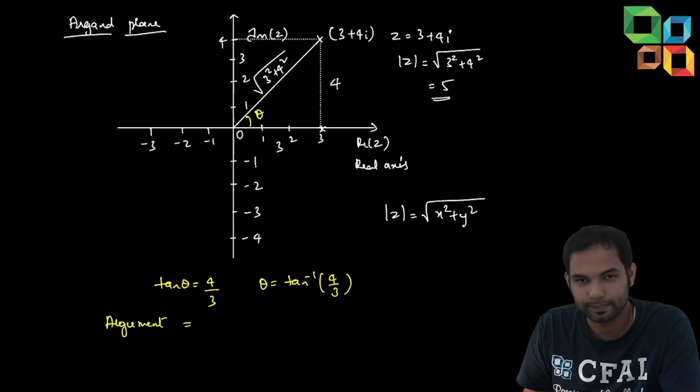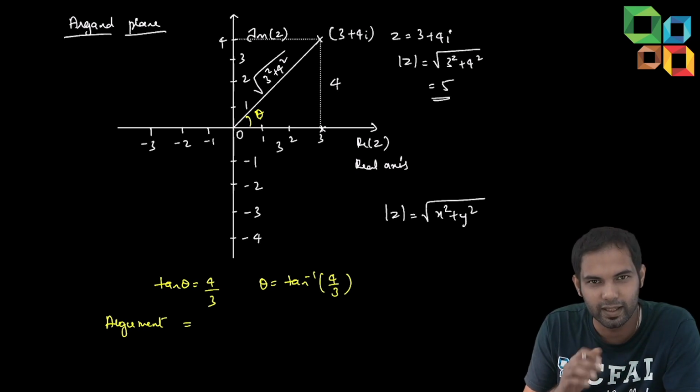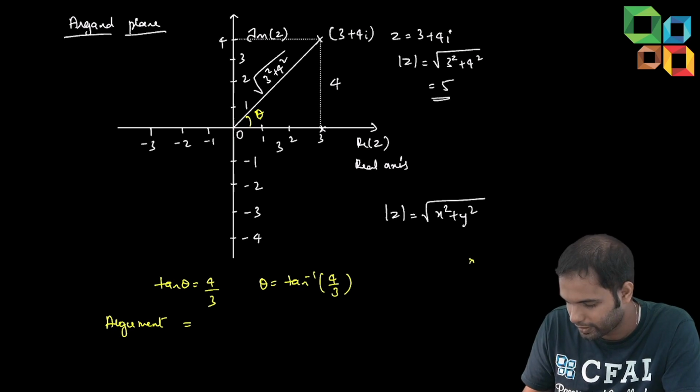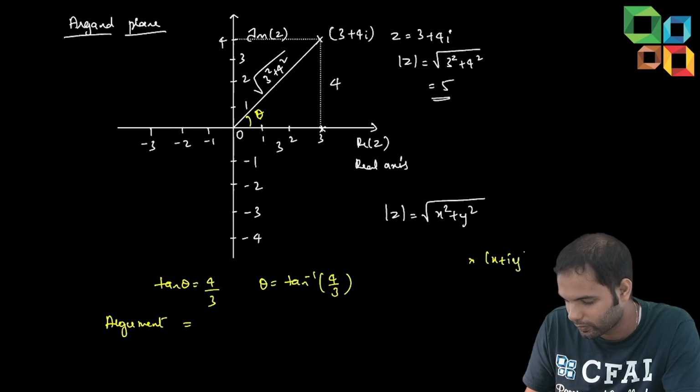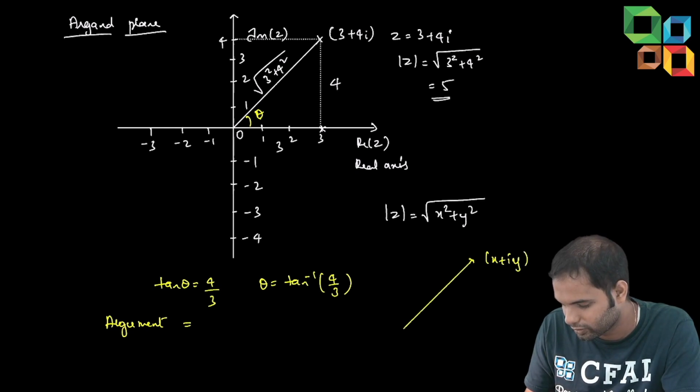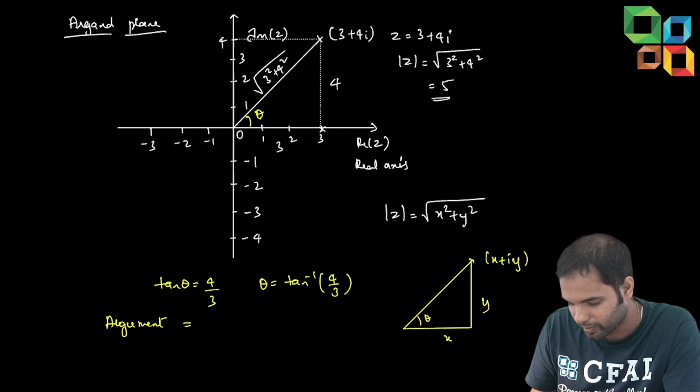So argument, you can think of in general what will happen. Suppose the point is x plus iy. You can see that this will be the hypotenuse. The height is nothing but your y-axis, and this is your base, x. So if this is theta, the argument is nothing but theta, which is tan inverse of